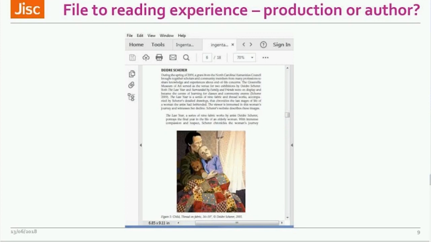But somewhere, either at production or at author level, there was a failure to identify Deirdre Shearer as a heading level 1 or a heading level 2. Instead, Deirdre was put in simply as bold, italic, 16 point, which is useless in terms of navigation.